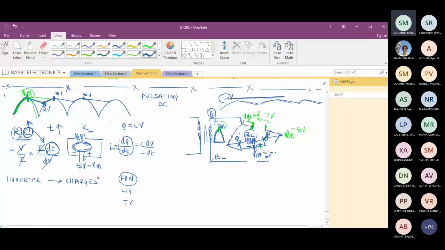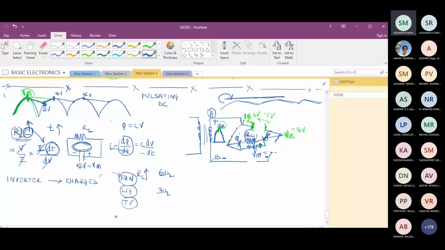Along with the fan, I turn on the light and the television. Will it take less time? Maybe it will take 3 hours to discharge. Why? Because more appliances are being used at a single time. Is the inverter getting loaded by all these equipments? Yes. Am I increasing the load resistance RL by connecting all these things?